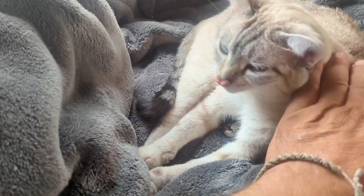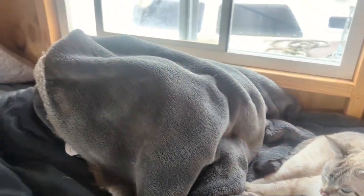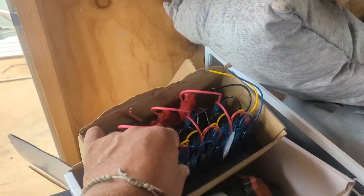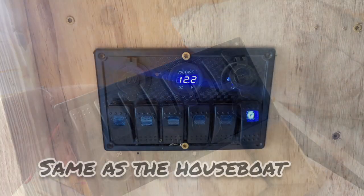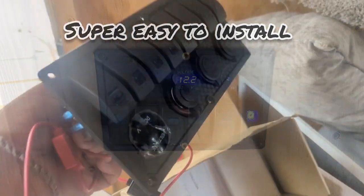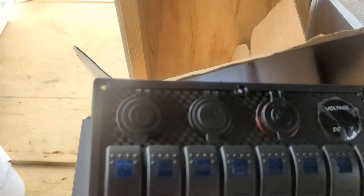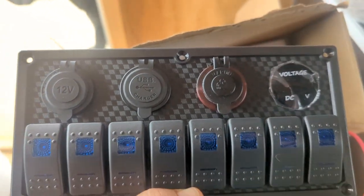So the fixes that we're going to put on the boat are a couple different things. One, I got these in the mail. Sorry, Cricket didn't make the bed this morning. Power controller for, it looks like 8 switches, including USB. Look at it, it even came with a push-in cigarette lighter for a boat. That's kind of cool. USB plugs, 12-volt plugs, a voltage meter,